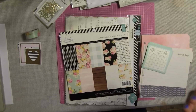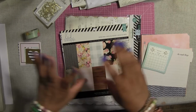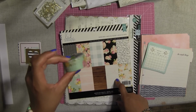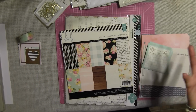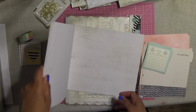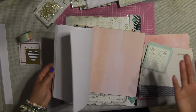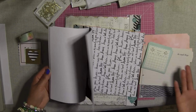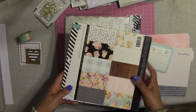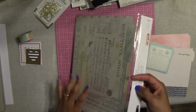Okay, now I bought this Heidi Swapp paper a long time ago at Michael's, along with the matching washi tapes, and I mean, there's really not much to say except that it's beautiful. There's really honestly nothing more to say than this paper pad is gorgeous. Okay, gorgeous. So I'm going to use a few papers in here, and then I took out these